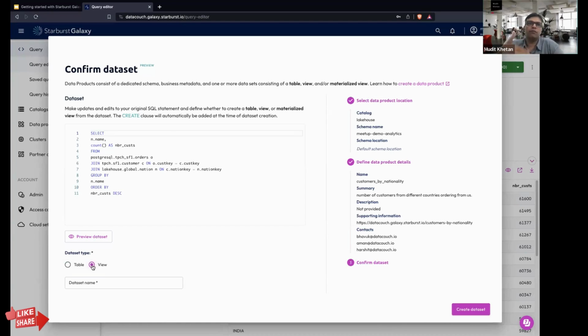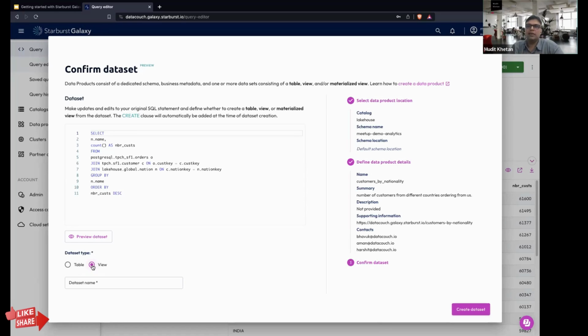But the benefit of the view is, even if the data keeps on getting updated, keeps on getting added to the different data sources that we are connecting to, it is going to get reflected every time the view is going to get executed, right? But it is going to be compute intensive every time you execute it, because if the data is continuously adding to the data lake, then the view needs to be refreshed every time. So you need to trade off between efficiency as well as recency of data.